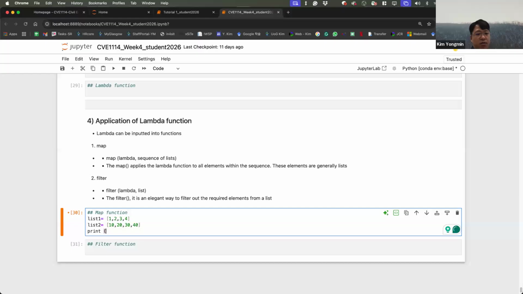And I'll print out list of map function, lambda x, y. These are my variables. And x plus y, list 1, list 2.